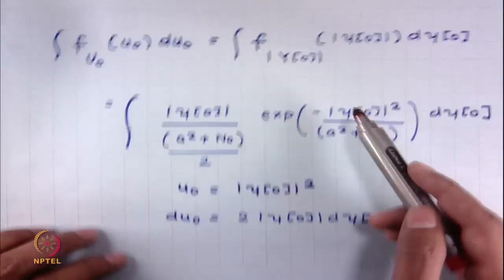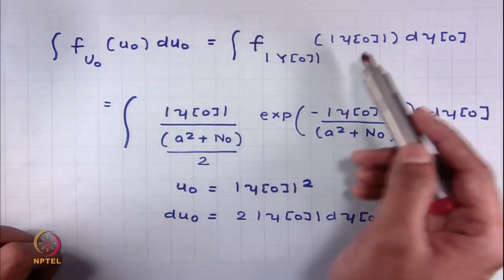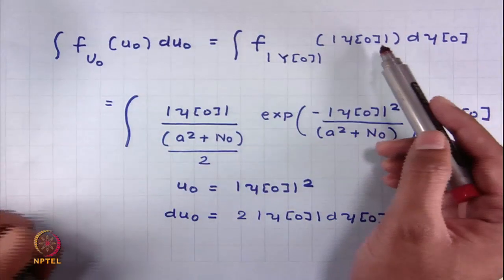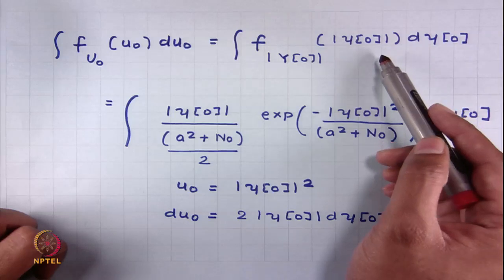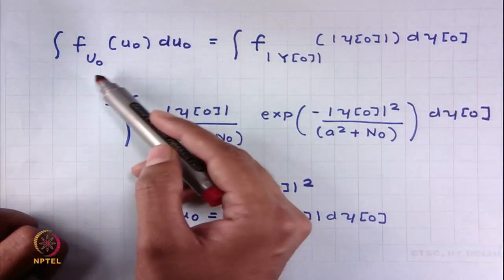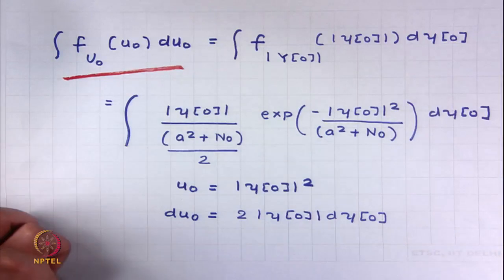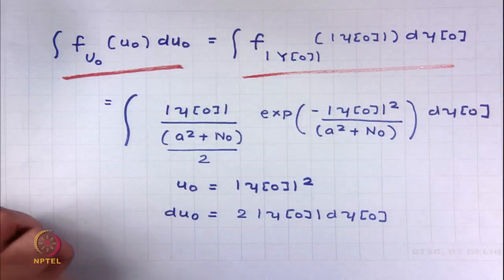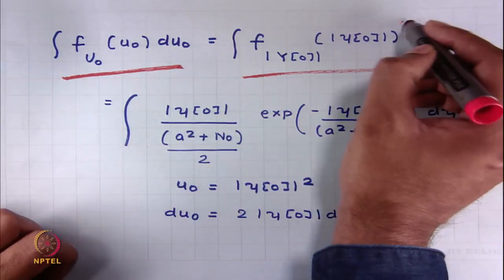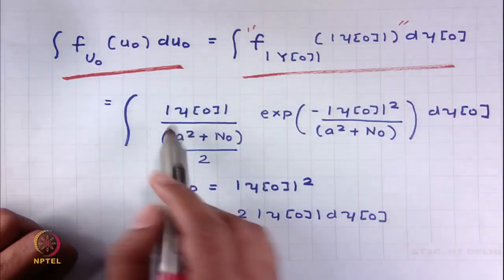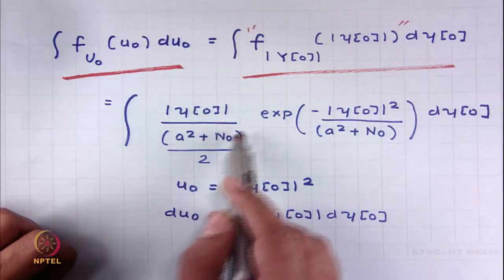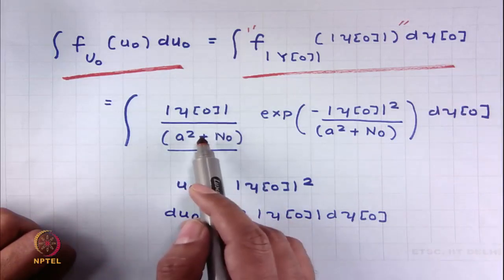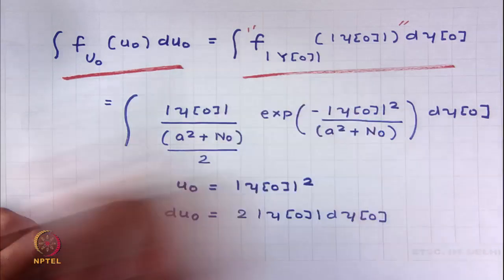And we know that probability remains conserved when you want to go from one space to another space. So, this is the probability when I think in terms of random variable u naught, and this will give me the probability when I think in terms of random variable mod of y naught. And I know what this quantity is. This quantity is simply mod of y naught divided by variance, and we know that the variance of mod of y naught